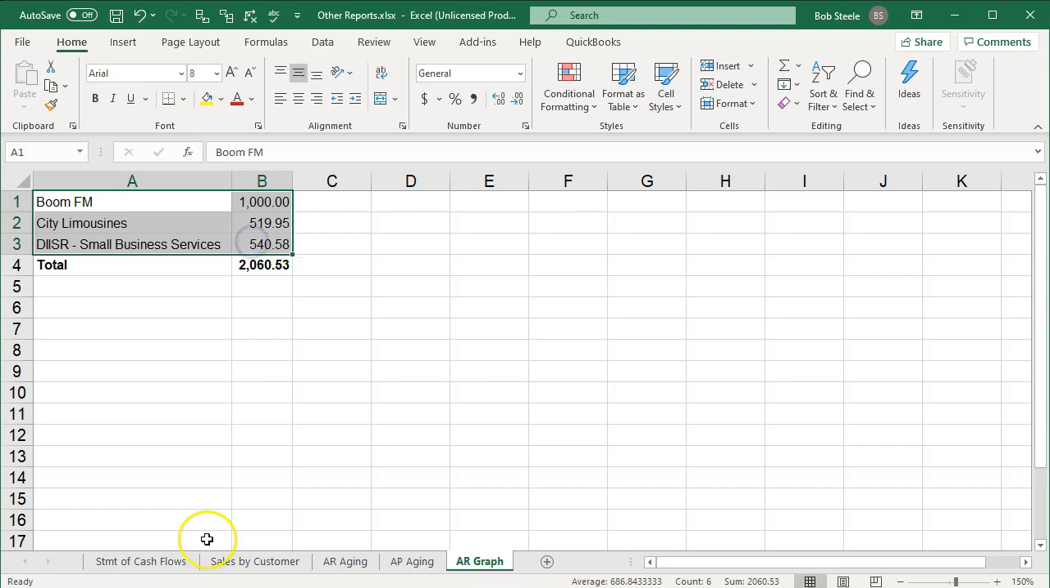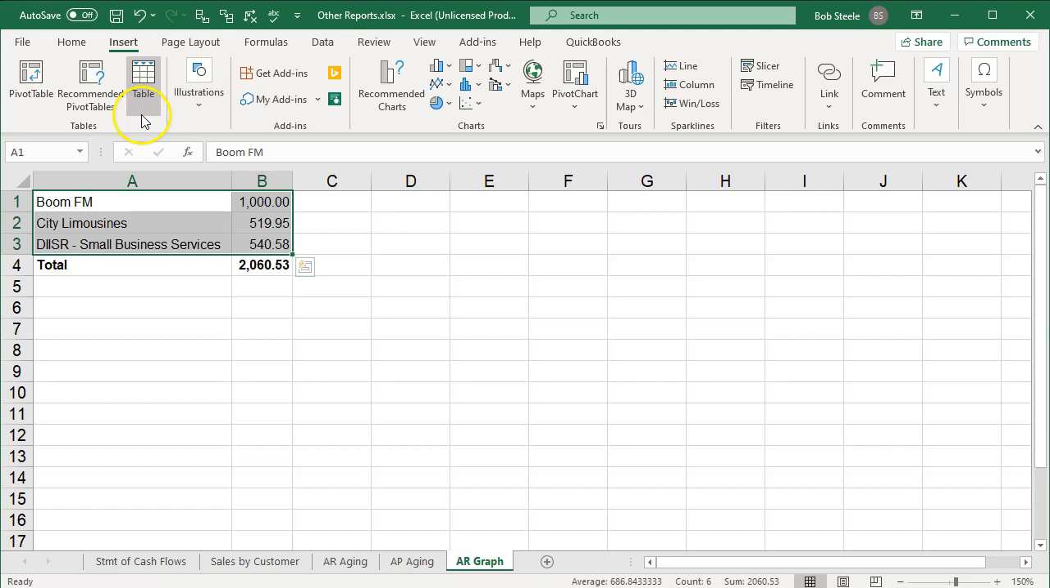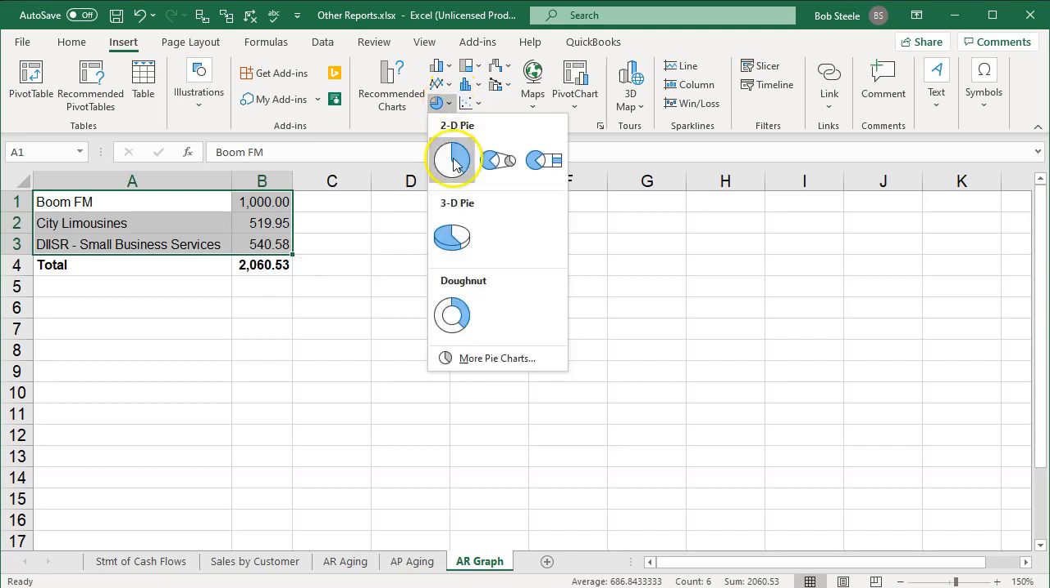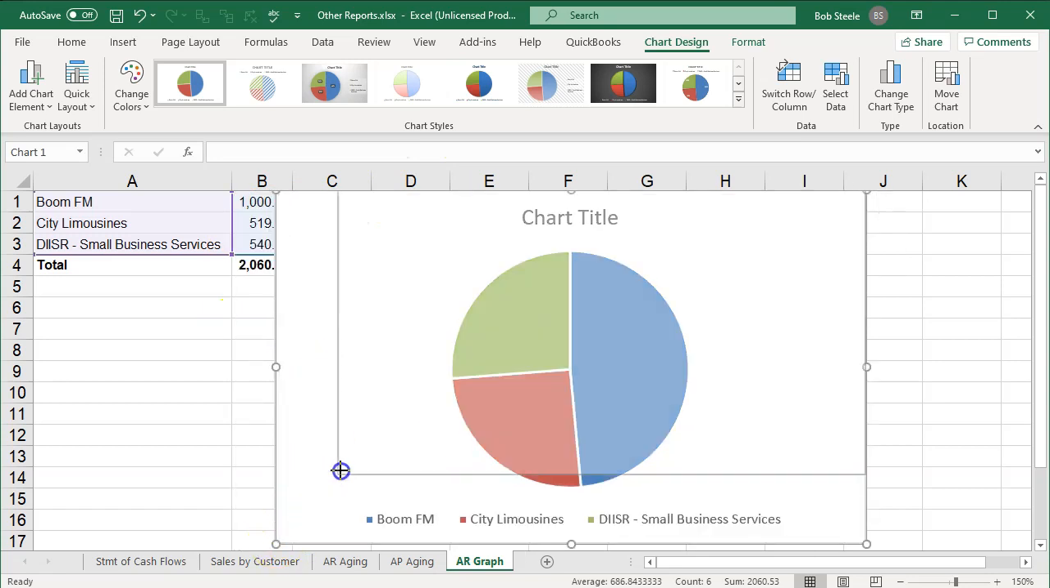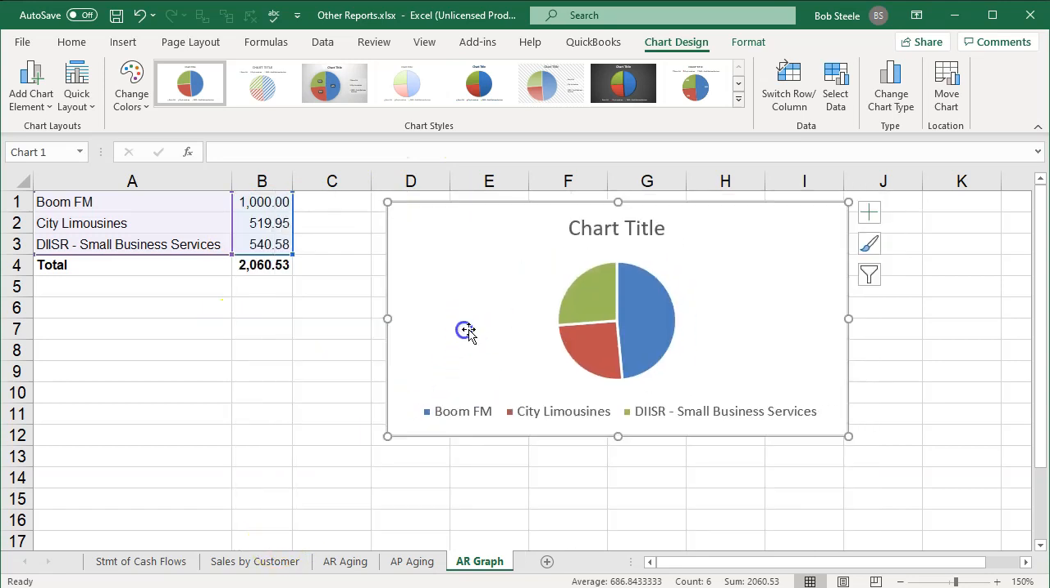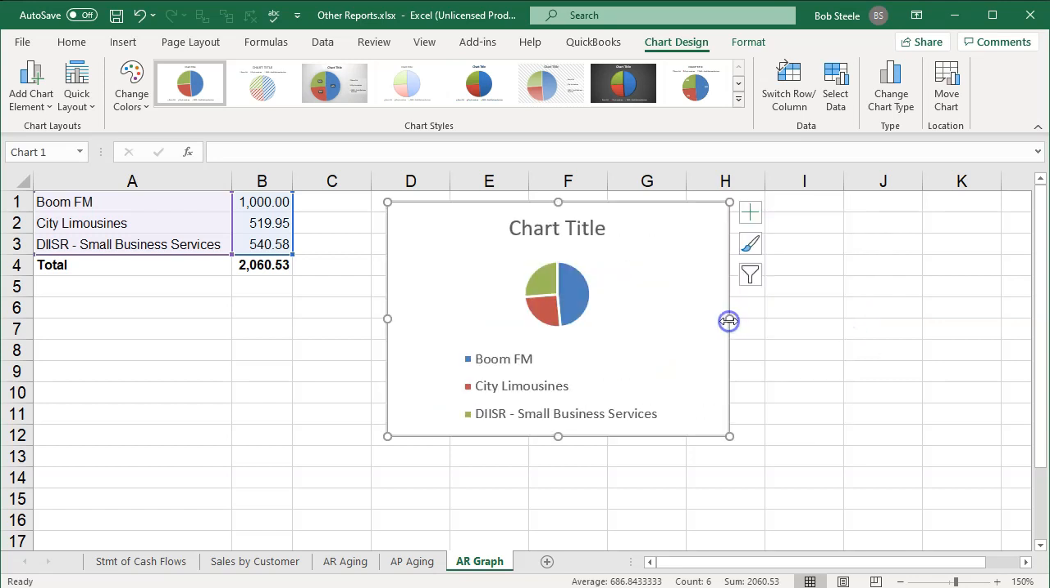I'm going to highlight these three cells and then simply go to Insert. I want to insert a chart, so I'm in the charts group. Let's make a good old pie chart with it. Pie chart. And there we have that, and so then we could adjust the pie chart however we would